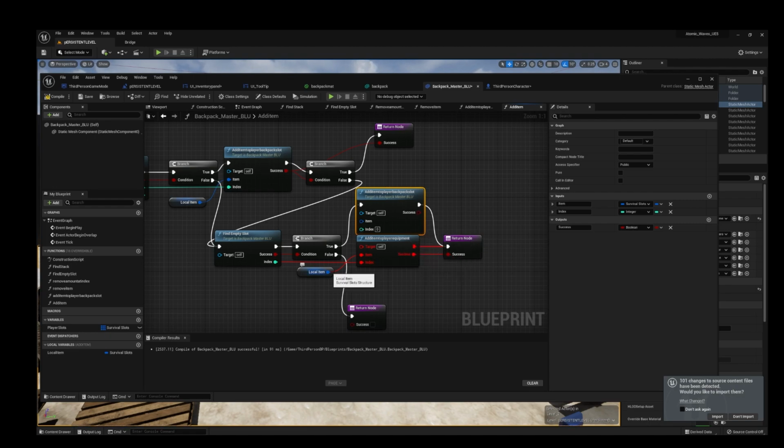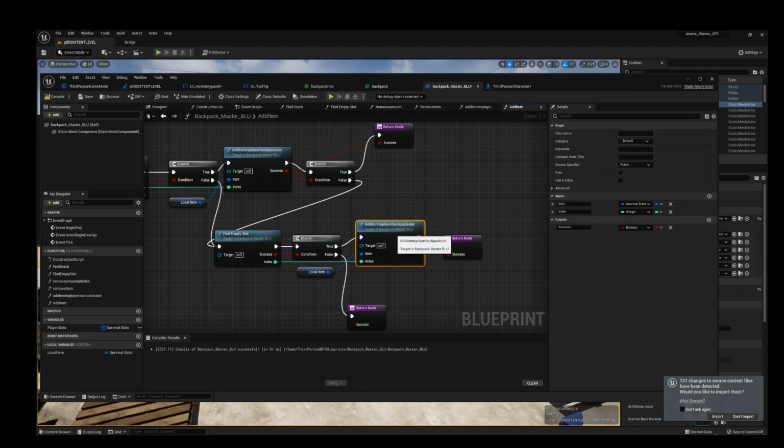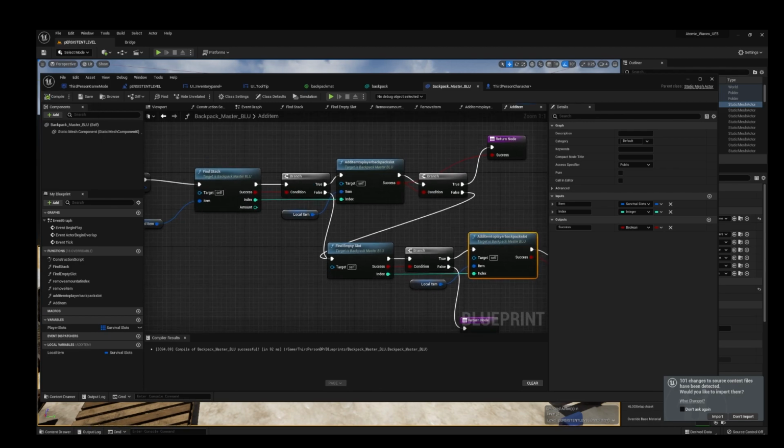We're doing the same thing as we did just up there. Connect the item up here. Index goes back into this index. Delete the equipment. Can reconnect the success here. Bring this down. And we should have no more problems. Let's hope and pray Unreal works here. Save, compile. Perfect. No errors. Sweet. We are set up.